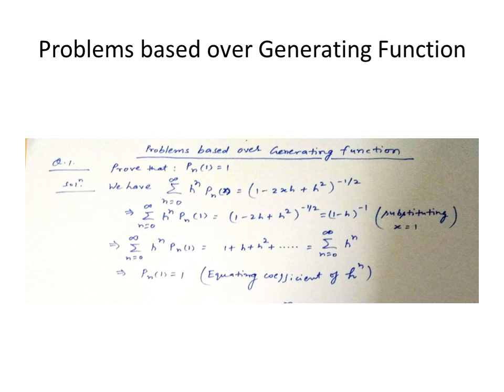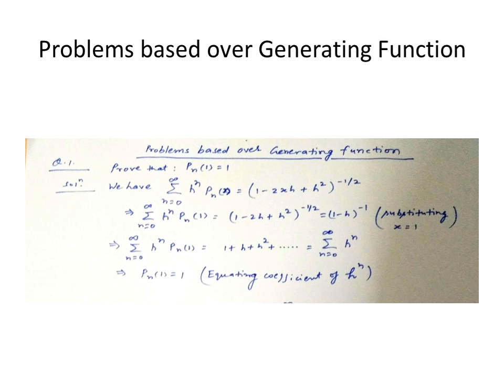We start the solution with the standard mathematical statement of the generating function of Legendre's function, in which we substitute x equals 1, by which the left hand side becomes sigma n equals 0 to infinity h power n Pn(1), and the right hand side becomes (1 minus h) whole inverse,